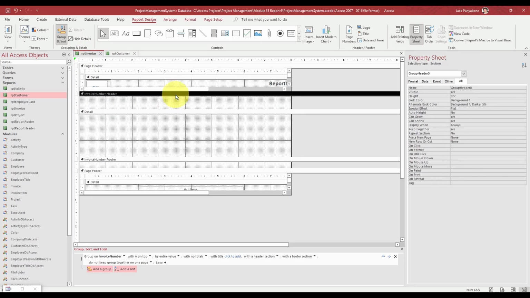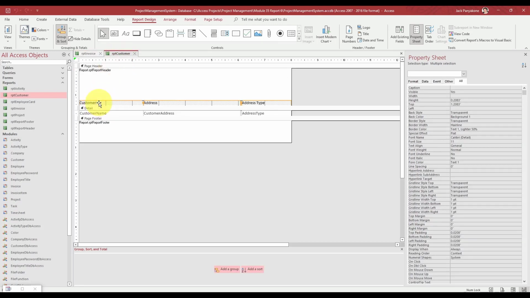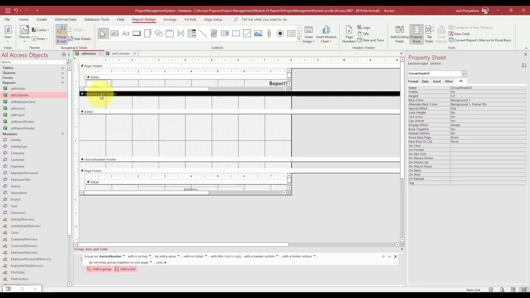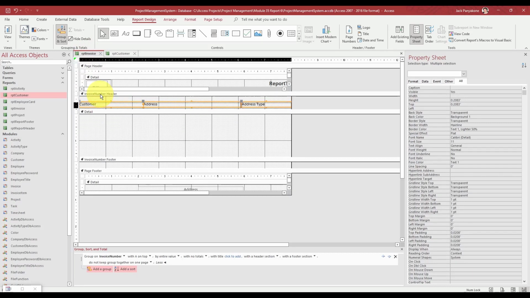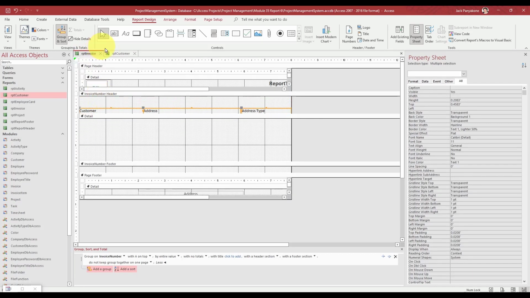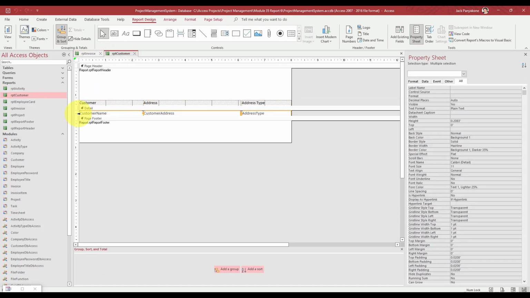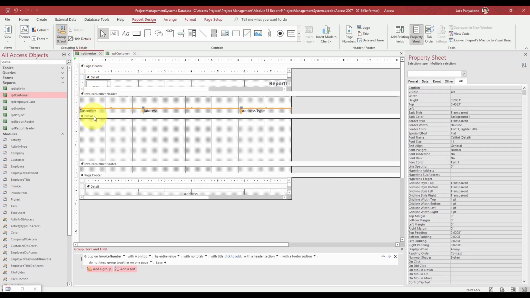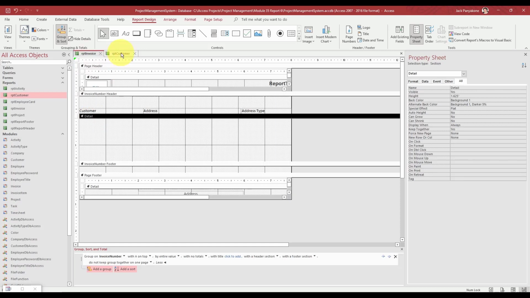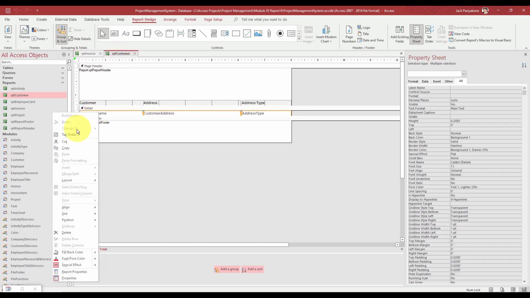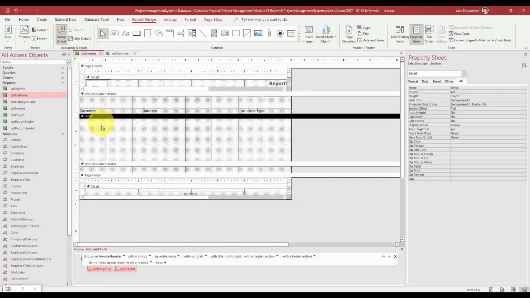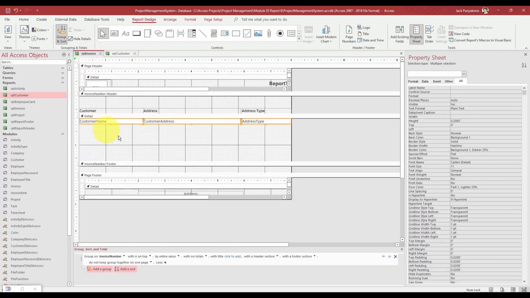Here I'm just going to paste that header in there. Oh, it didn't come over. What happened? Let's try that again. Right click, copy, click on that and paste. There you go. And then move it down just a little bit. I also want these fields, text boxes. All right, copy, Control C, and then looks like I'm gonna have to do the right click here, copy and paste. All right,